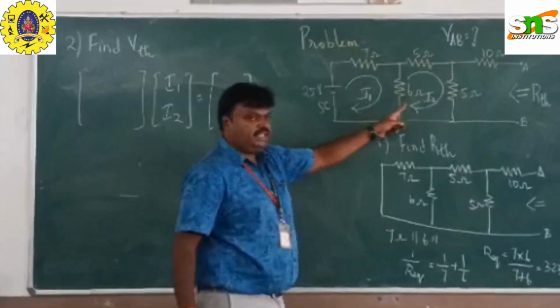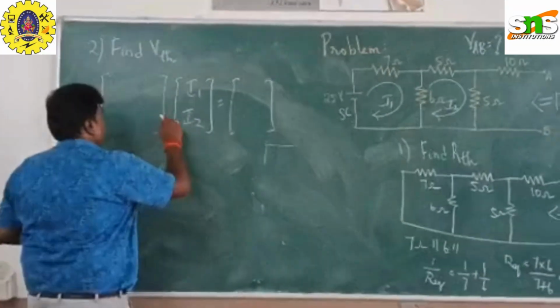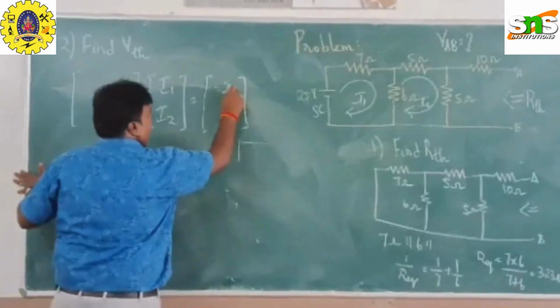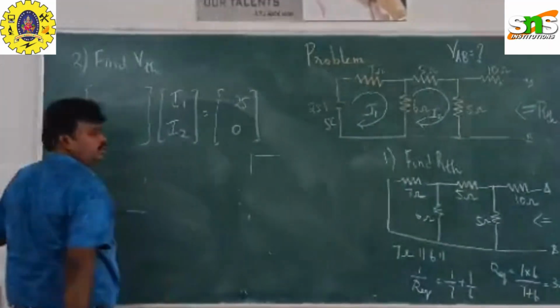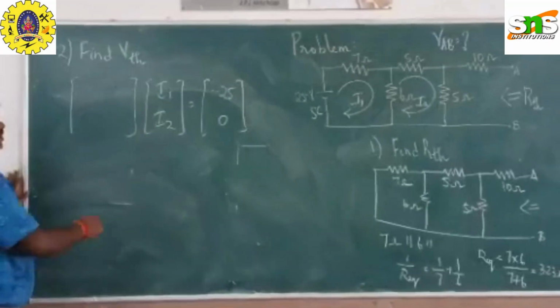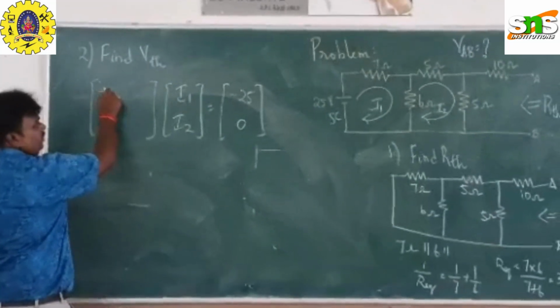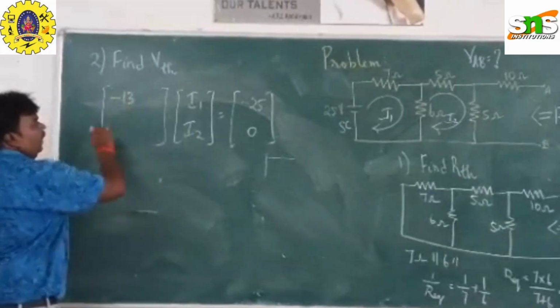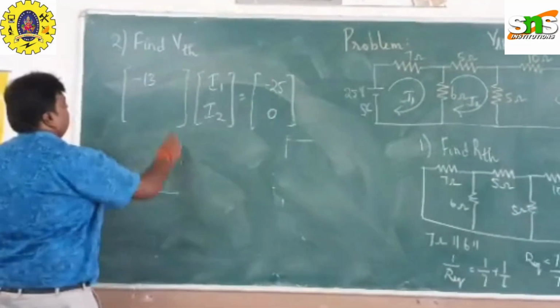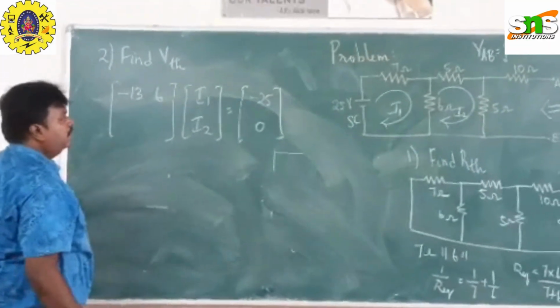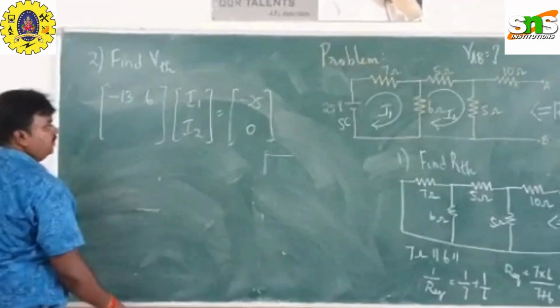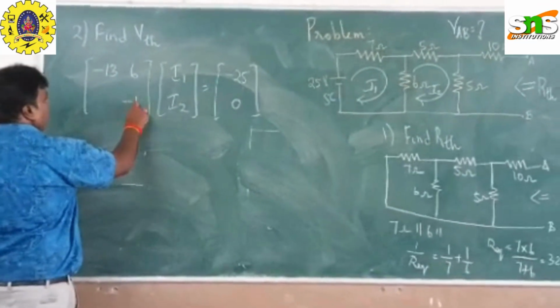I1 is 7 plus 6, 30. So here it is going to be minus 25, and second side we don't have any source, so it is 0. So 7 plus 6 is minus 13 and plus 6. Next step. In loop 2, 6 plus 5 is 11, that is minus 11